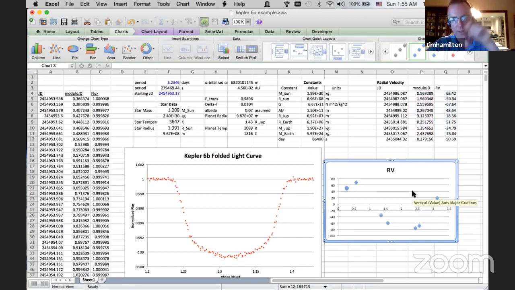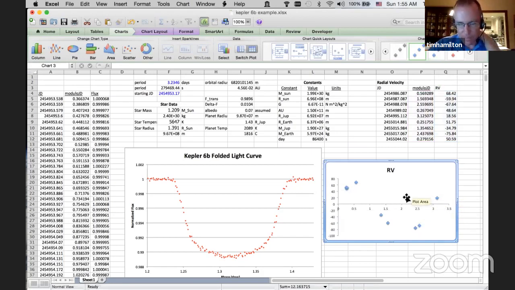I'm not going to go into the details on labeling this right now, but what you see here is a very choppy kind of sine wave. If a planet is in a circular orbit around the star, rather than an elliptical orbit, then if you remember Kepler's second law, it's not going to speed up and slow down at different points. And our radial velocity will be a perfect sine wave.